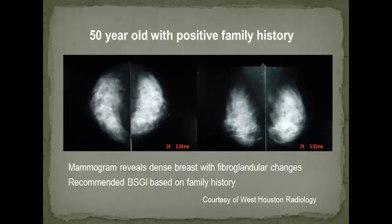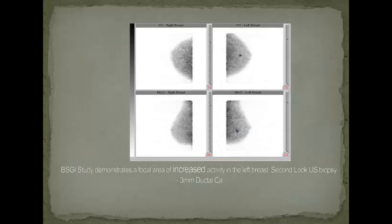This is a patient with a positive family history, a mother and a sister who were both diagnosed with breast cancer before the age of 50. She had a very radiodense mammogram, and she really persisted at the clinic and demanded to have something else done, even though there was really no specific indication for her other than her family history. But this case is interesting,